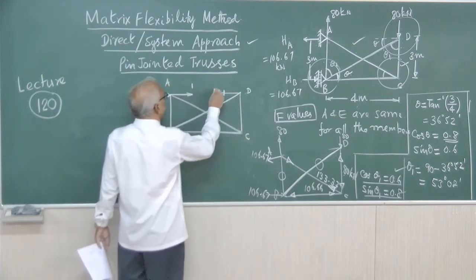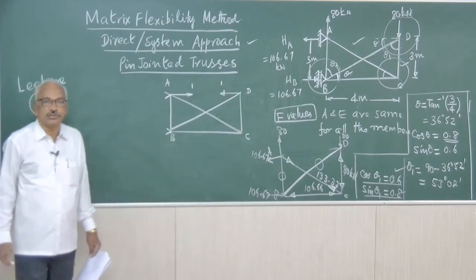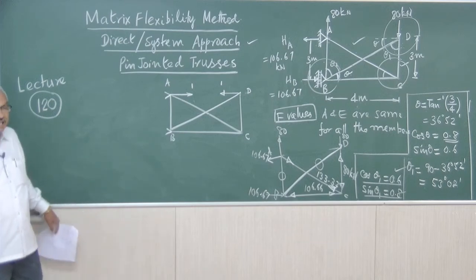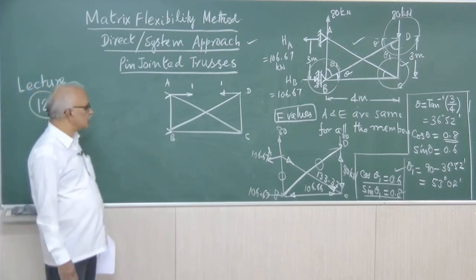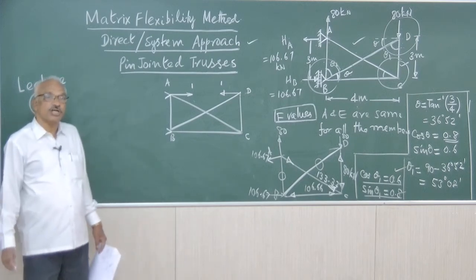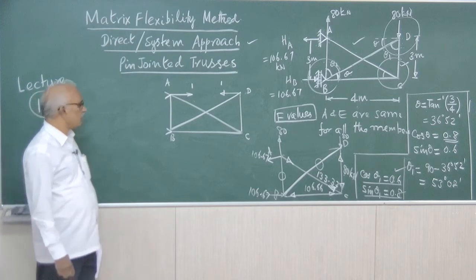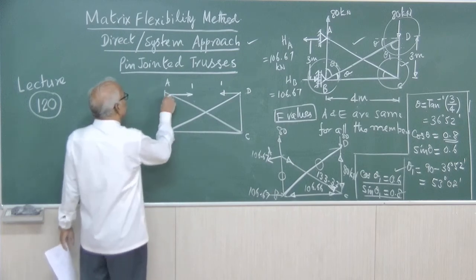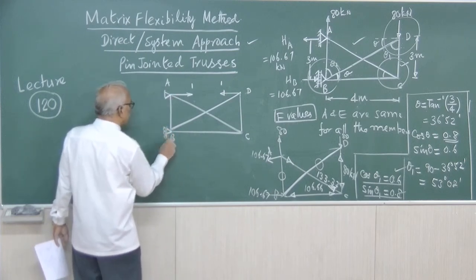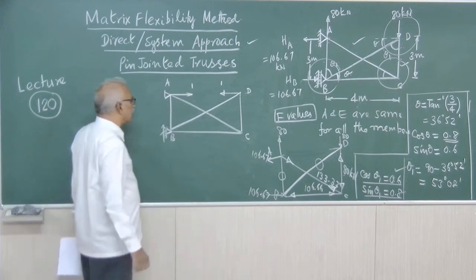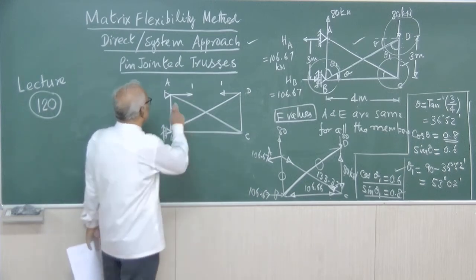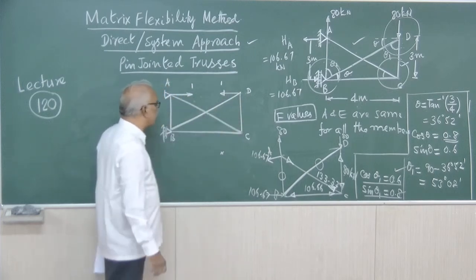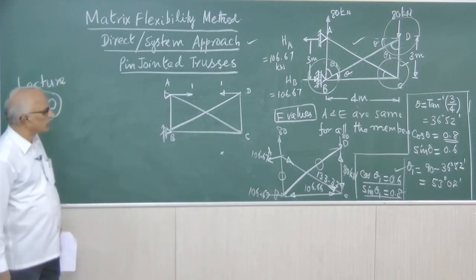So, along the redundant, apply unit value of force. And find out the force in various members. That will be the value of A. That A is the displacement due to the application of unit value of the redundant force. Right. Now, that's all. This is the only force. Forget about the external force. Right. Now, for this you need not find out the reactions because they are equal and opposite force. Therefore, the moment at any point that will get cancelled. This is towards right, same thing is towards left. Any point you take moment, one will give clockwise moment, the other will give anti-clockwise moment, that will become 0. Therefore, that will not cause any reaction.